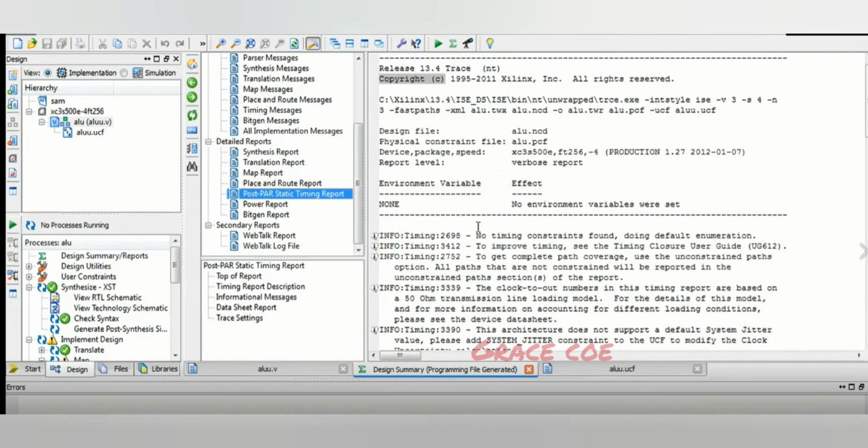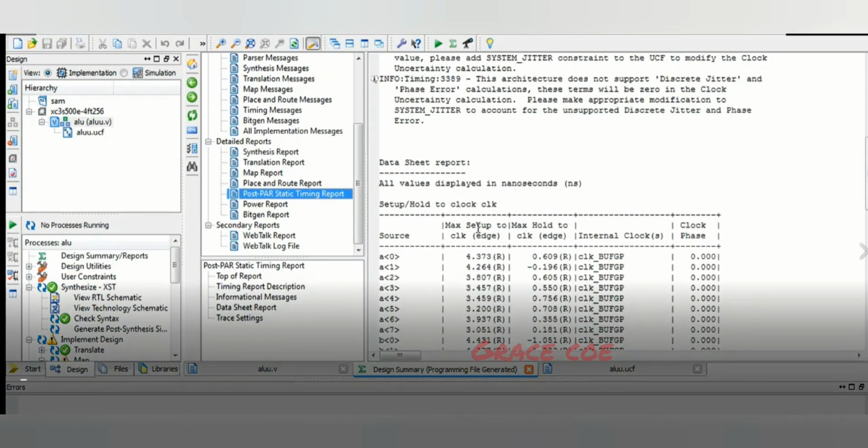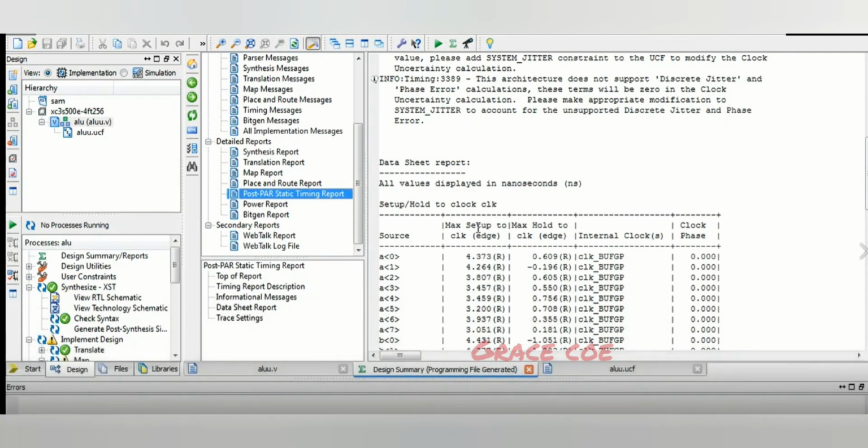So next is the post placement and route static timing report. Here, after the design is placed and routed, we can analyze the post place and route timing results to verify how the design performs against your specified timing goals. This report evaluates the logic block delays and routing delays.